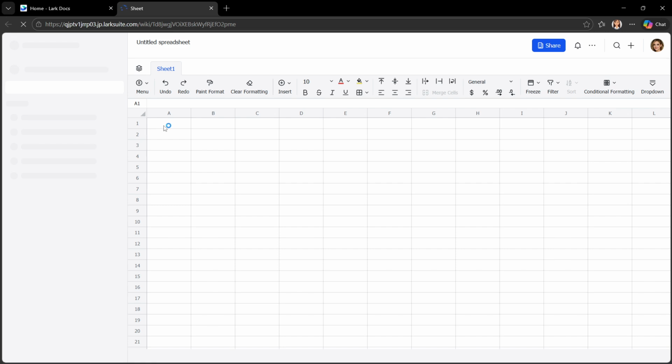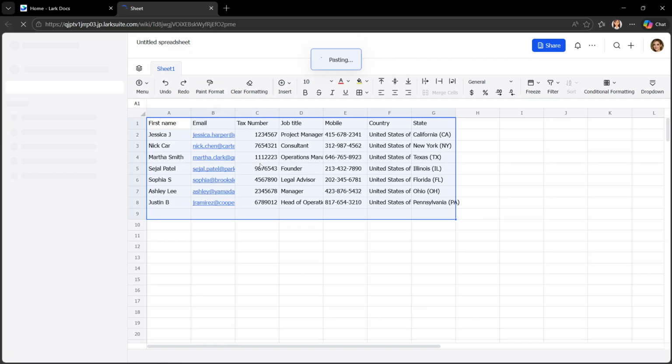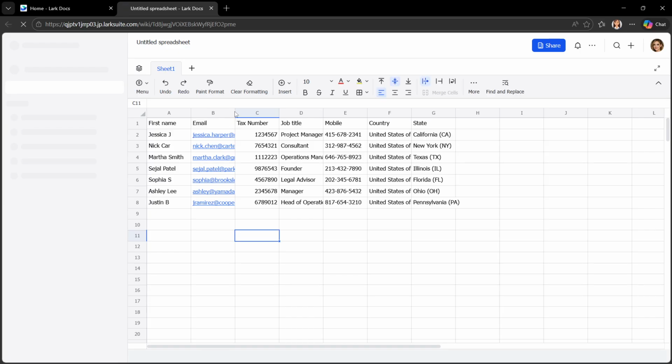As you begin entering information, it helps to think in terms of structure. Many people use the first row for headers, like date, name, or amount, so everything under each header stays consistent. Keep similar types of information in the same column, and use separate rows for each item or record. This makes sorting and analyzing much easier later on. If you're entering numbers, Lark will generally recognize them, which can be helpful if you start doing calculations down the road. You can navigate quickly with the arrow keys, and if you need to select several cells at once, click and drag or hold Shift while pressing the arrows.